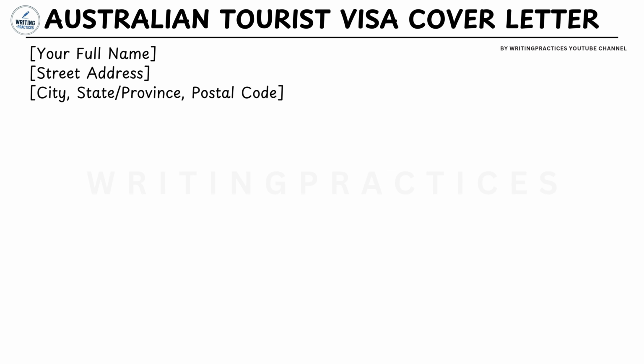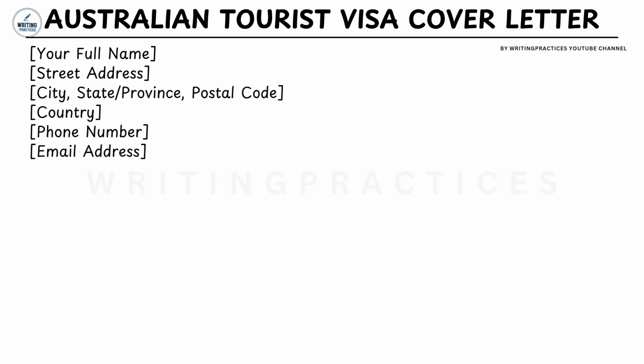Check this out. Sender's information. This section contains your personal contact details. Write your full name, complete residential address, phone number, and email address. Example: Emily Grace Carter, 78 Oakwood Street, Manchester M14 5RT, United Kingdom, +4479112345567,